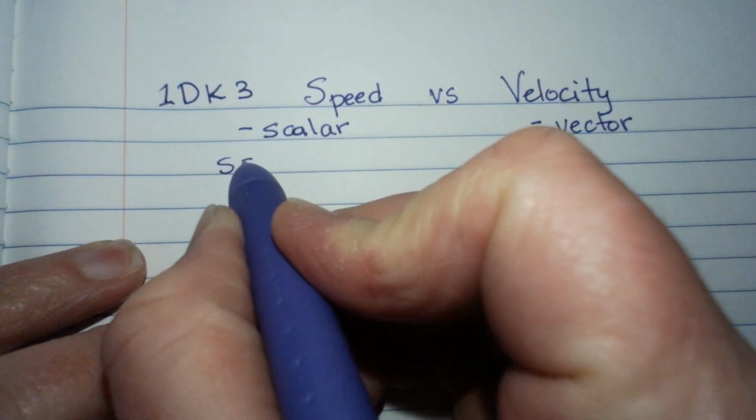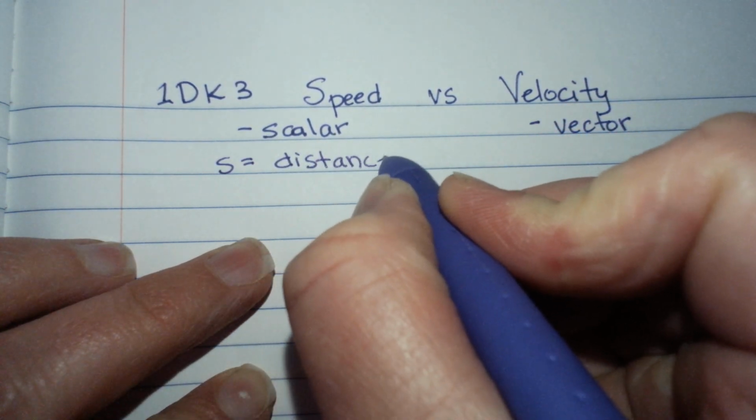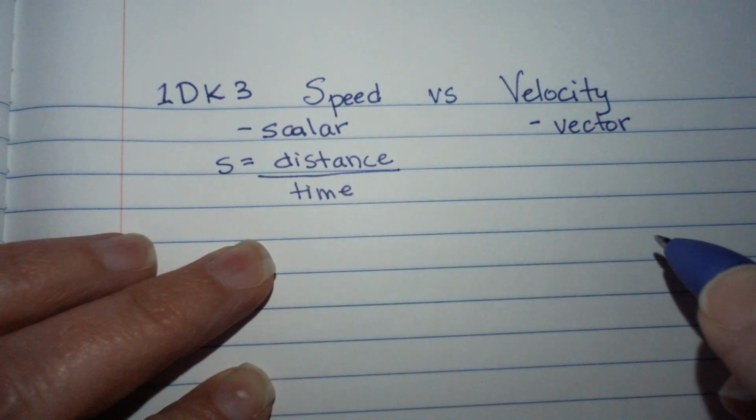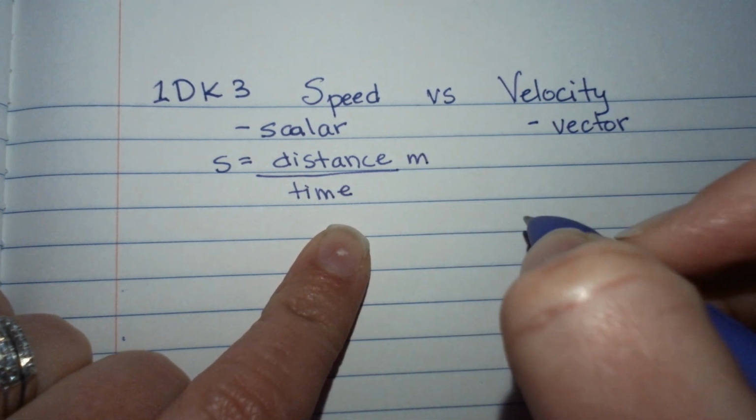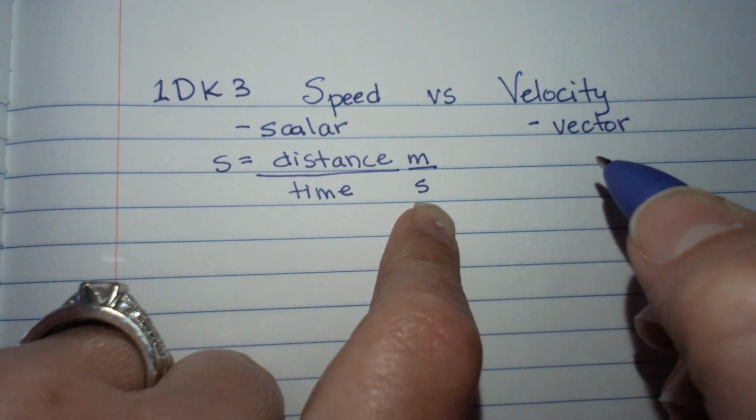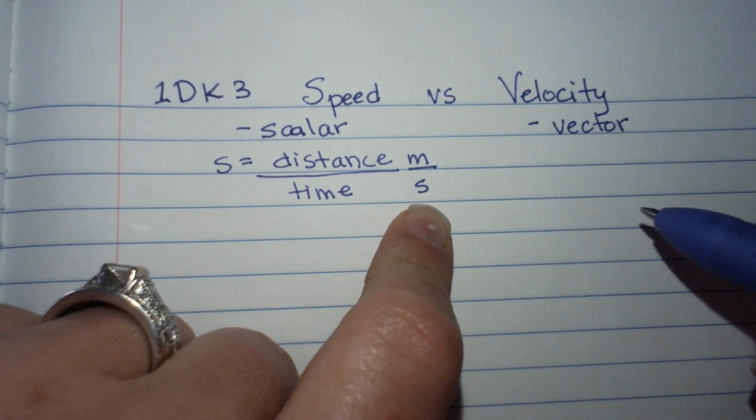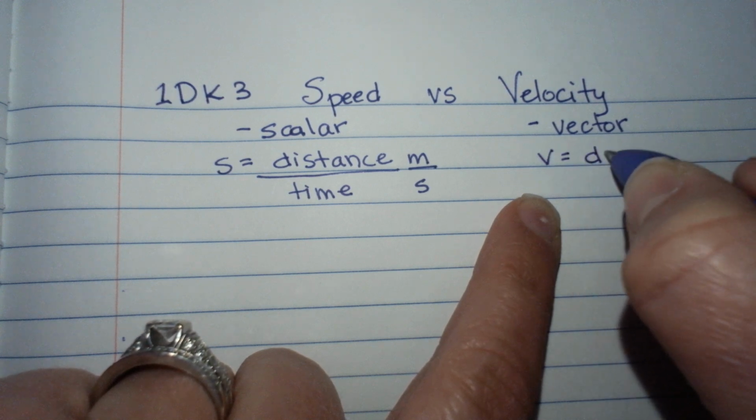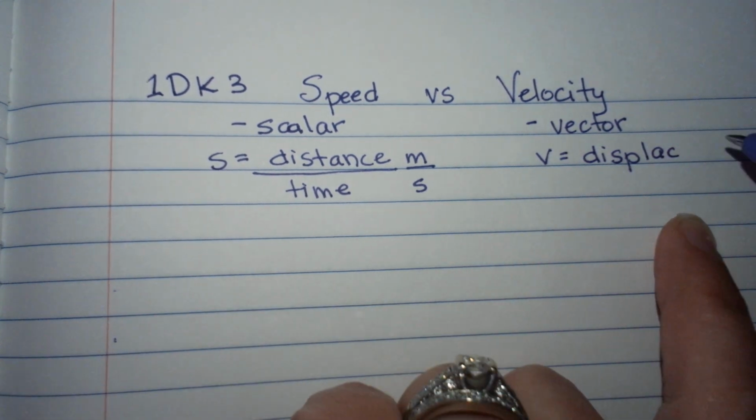So if speed equals distance divided by time, we know that the unit of distance is going to be meters most of the time for us, and seconds most of the time for us. Okay, so a measurement of length and a measurement of time, whereas velocity is displacement because of the direction,